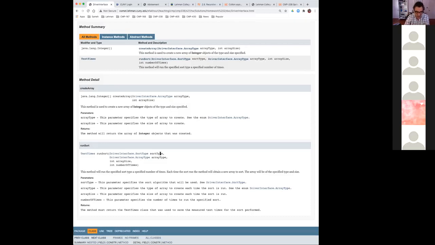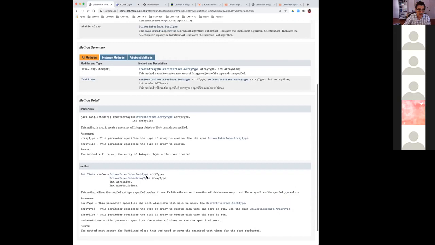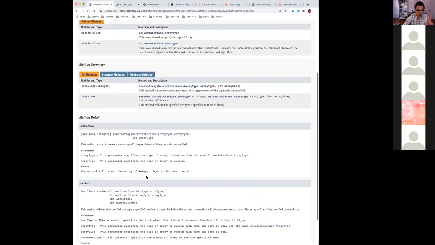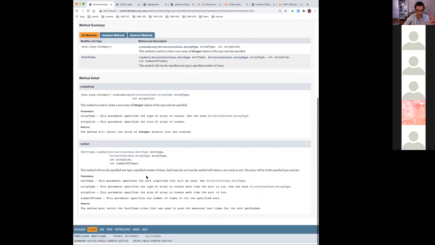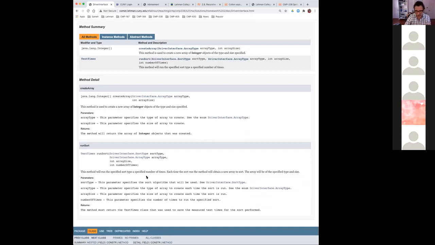I'll have to switch screens. Any questions about these particular two methods that are in your driver? There's just two methods in your driver that you really need, and your main method, obviously, that you need to write. But if I switch over to the pseudocode of run sort,